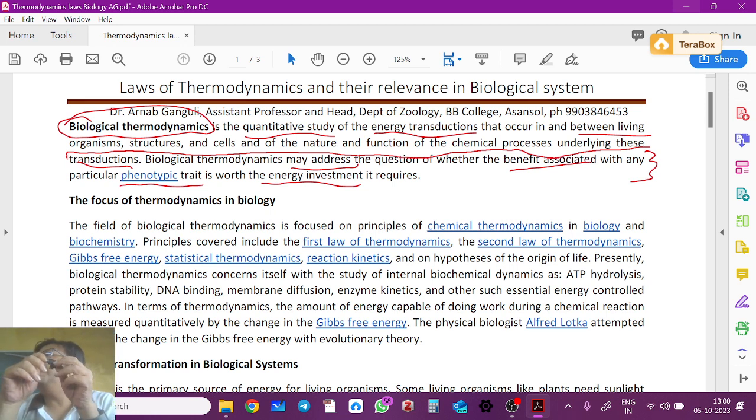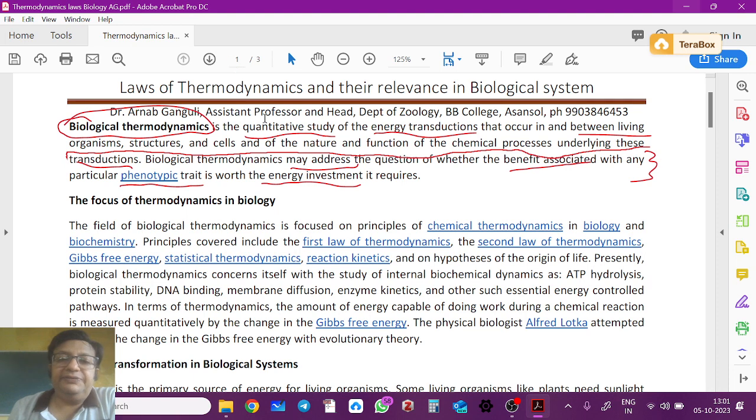If monkeys had sufficient intelligence, they would have also destroyed the environment. The cycle would have gone. But if we destroy the environment, it will ultimately harm our survival itself. You cannot directly say. So transfer of energy is taking place from organisms. From one step to another step, there is some loss of energy to the environment. That loss may be in the form of heat, your body temperature. You're losing that energy which is being generated inside.